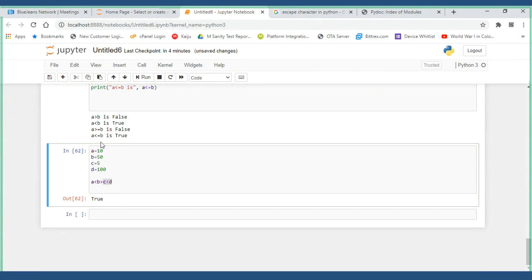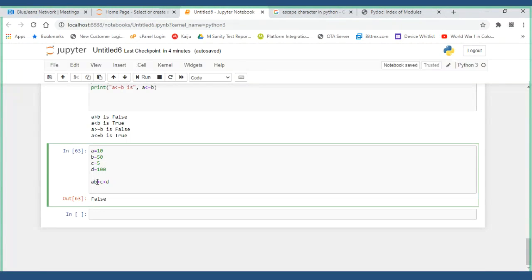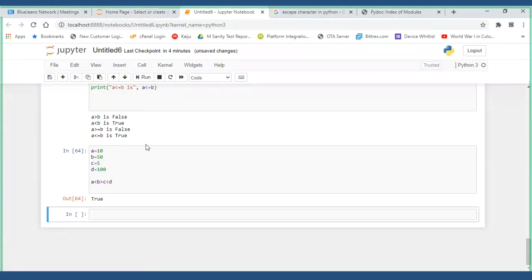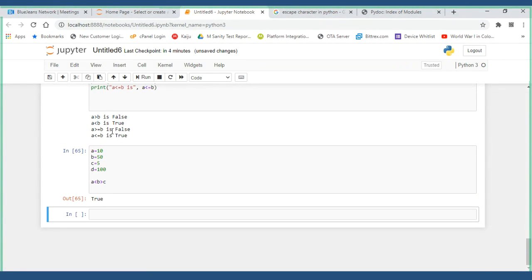See here, as I said, A is greater than 50. The first statement itself is false, so the entire statement is false. In case I put it so that everything is true till here, and now C is actually a lesser value, right?